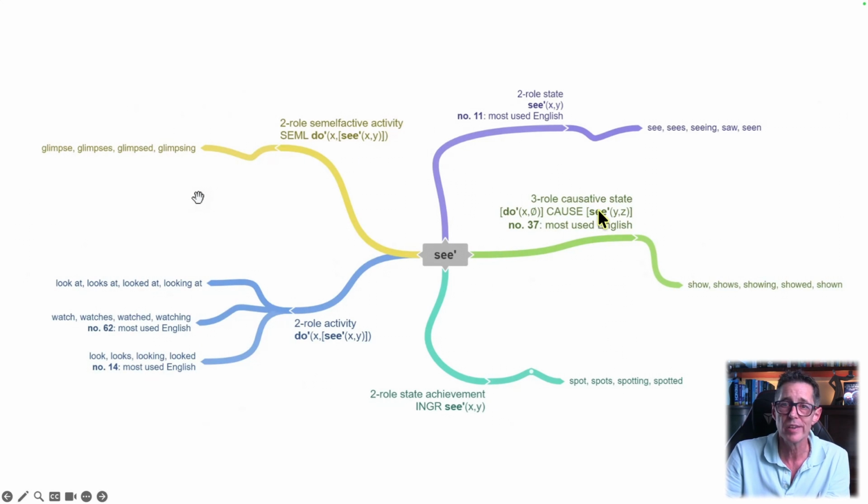If I show you the sunset, do I see it? Well, that's a question of what the semantic representation is. In this case, I'm saying it just causes you to see something, but that's a way of expanding on its representation. Equally, if you watch something, that's an activity of seeing. And so if I watch the bird, I'm watching the bird.